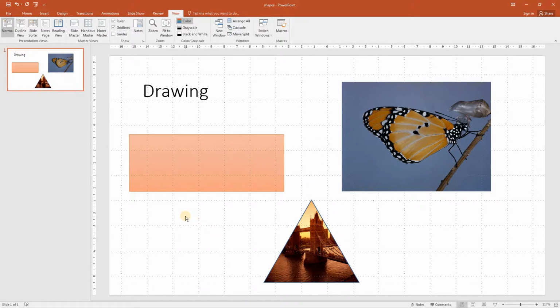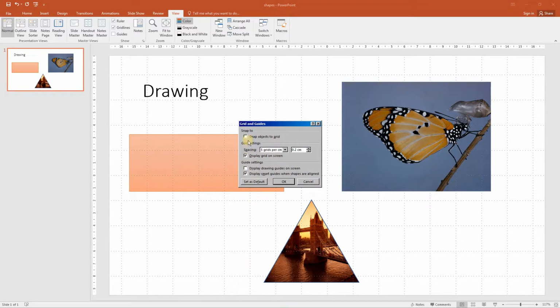I'm going to right click on the blank part of the slide, select Grid and Guides, select Snap Objects to Grid, so check that. This will align objects with horizontal and vertical grid lines that are on the slide. If we click the drop-down arrow in the spacing section and select 2 grids per centimetre, this will produce a spacing of 0.5 centimetres. Make sure Display Grid on Screen is selected, which it is,